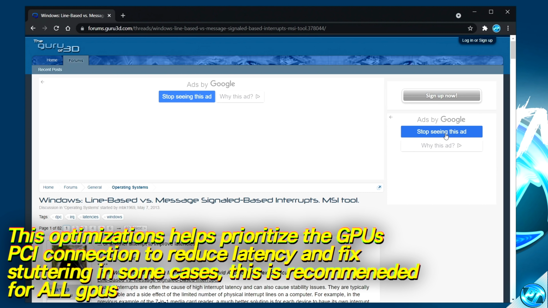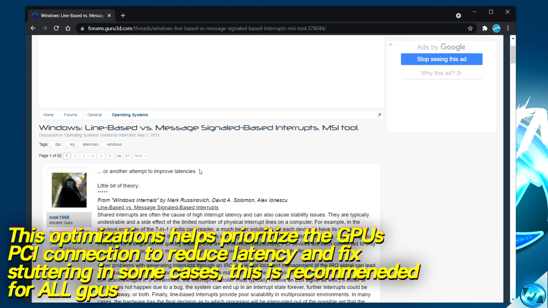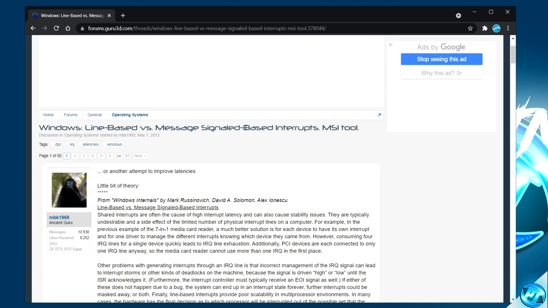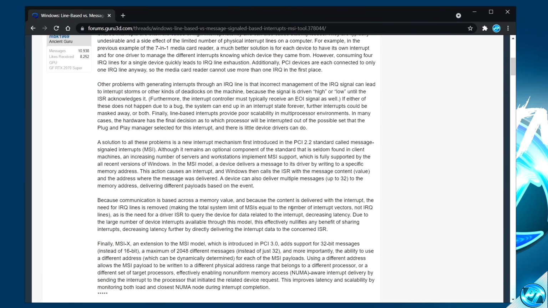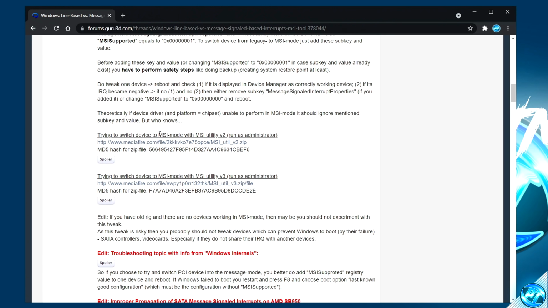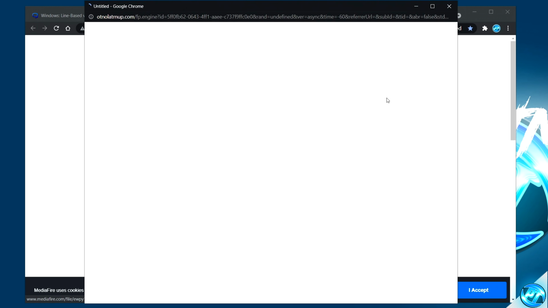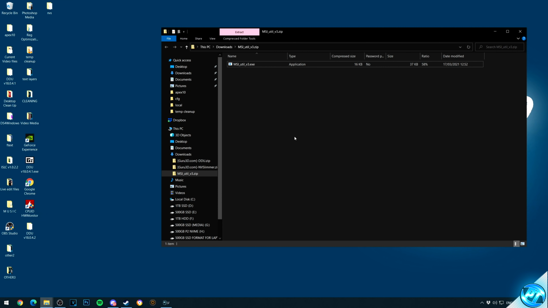For this, you need to navigate inside the description down below, where you'll be able to find the MSI utility download link. You'll then be brought to this web page found here, where you'll be able to find the message signal based interrupts tool by simply scrolling down through this blog post. Go to around about the middle section. I'm going to be downloading the V3 edition, so I'm going to be clicking on the media file link, then selecting download now. Once the tool is downloaded to your system, it's recommended to drag this over to your desktop, right click on the file, run this as administrator, select more info, then select run anyway.